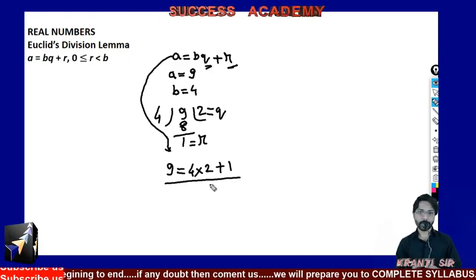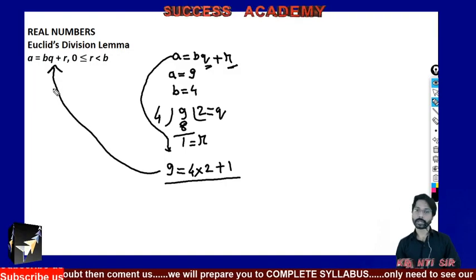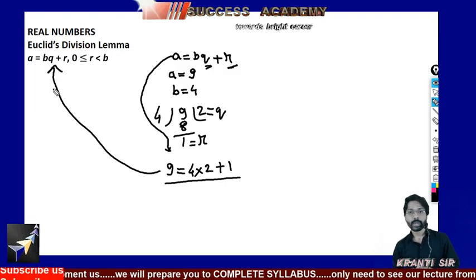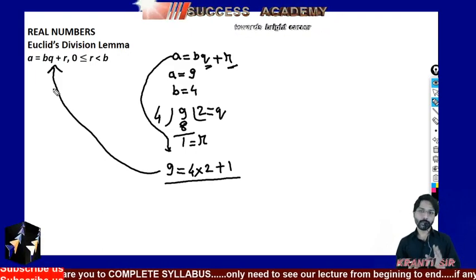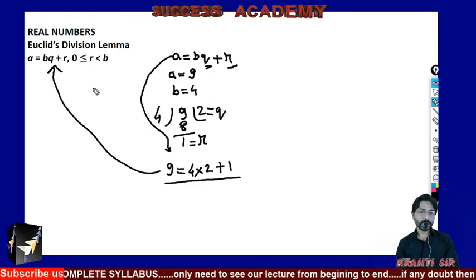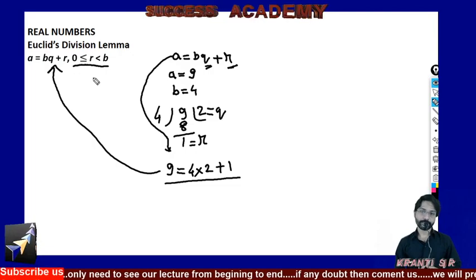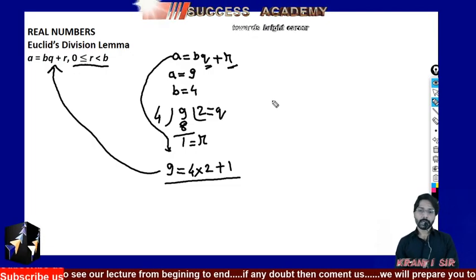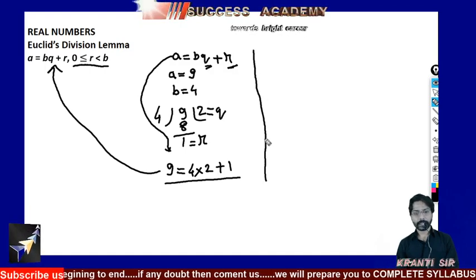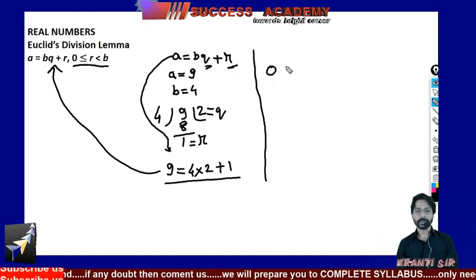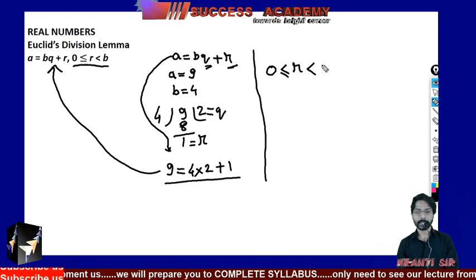Now it becomes easier for you to see what this equation is. Now I think you have come to know about it in full detail. Now here again the question arises: sir, one thing more I want to know from your side is what this is. What is this? What is actually written here? Written is 0 less than or equal to r less than b.